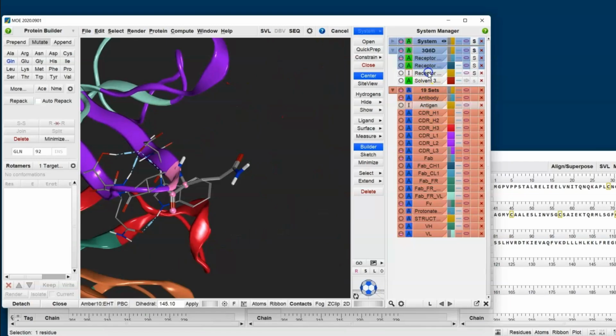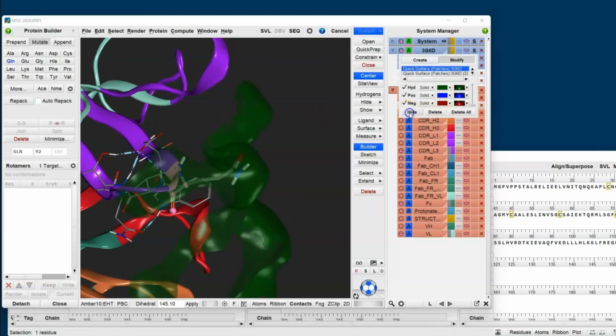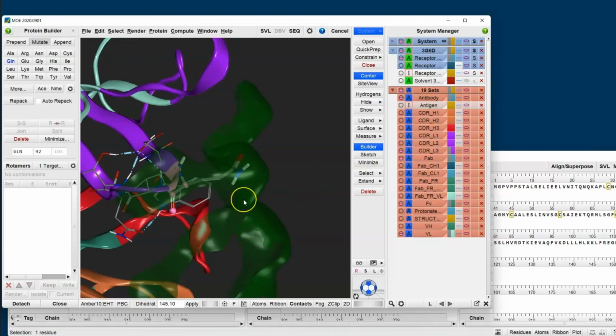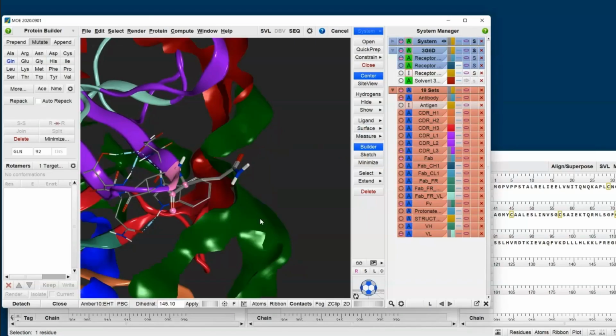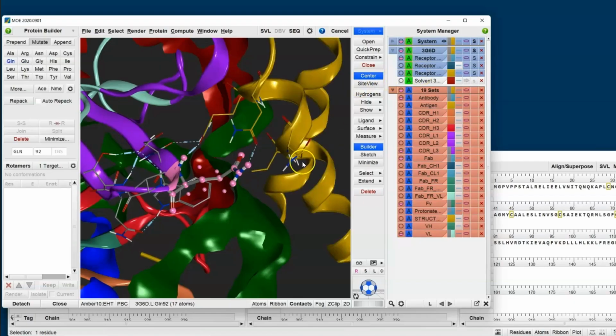I'll hide the antigen itself, and then we can bring back the surface. So this is the protein patch as calculated before we made the mutation. So next what I'm going to do is regenerate the protein patch, this time considering the mutated residue. And we see reassuringly that that hydrophobic patch is now greatly reduced in size, which is exactly what we were hoping to see. If I just select that residue, we can bring back the antigen, and I'll just click Site